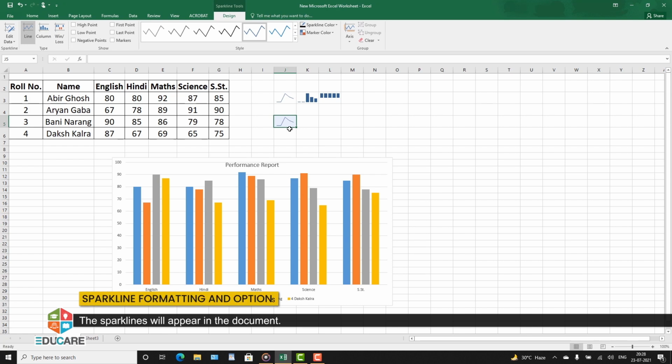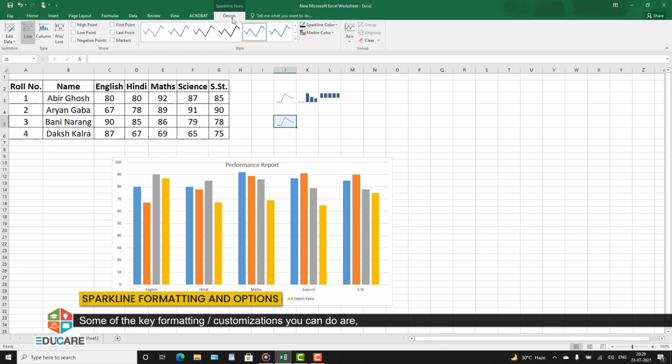Sparkline formatting and options. After inserting the sparklines, you will find a new ribbon called Sparklines Tools Design ribbon. This is where all the formatting options for sparklines are included.